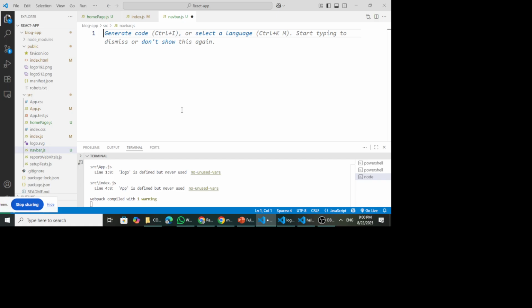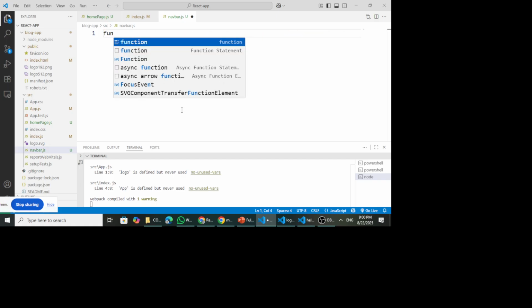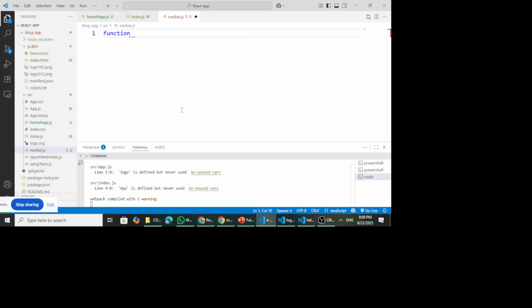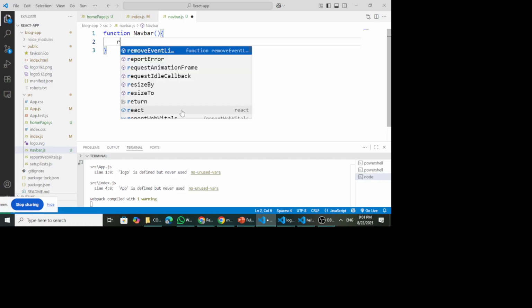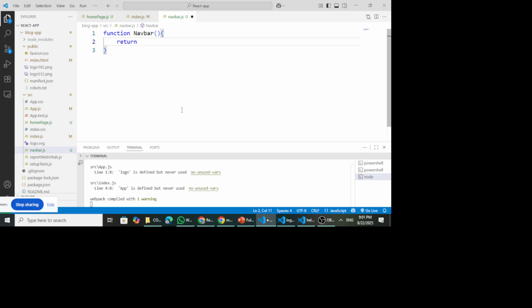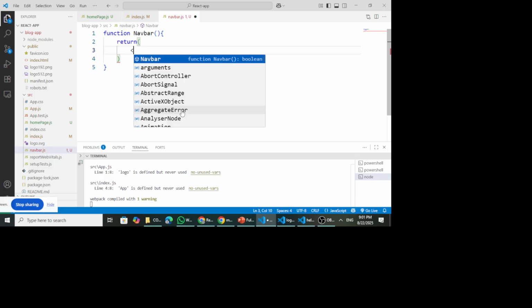We use a normal JavaScript function, and then we give the function the name navbar, and then in the brackets we return the HTML code. So within this return, we are going to return one div element,